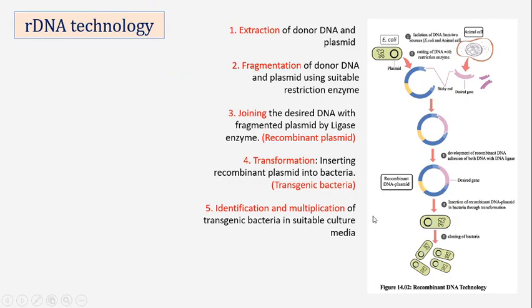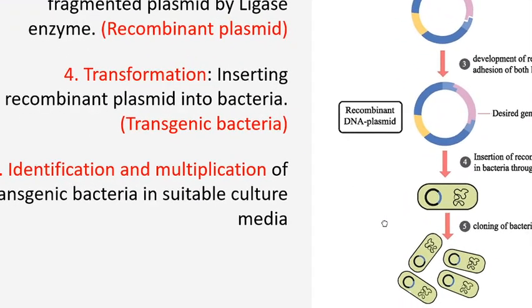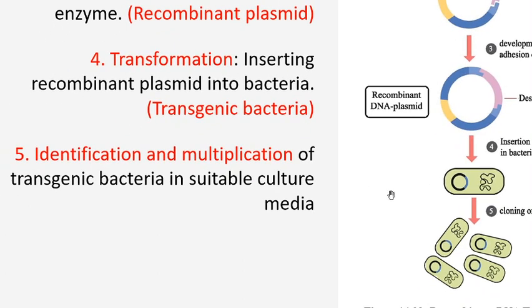And then we have to identify whether the bacteria has successfully received the transformed plasmid or not. So we have to make sure that the bacteria has received the transgenic recombinant plasmid. When we get confirmation of this, when we identify that, we make